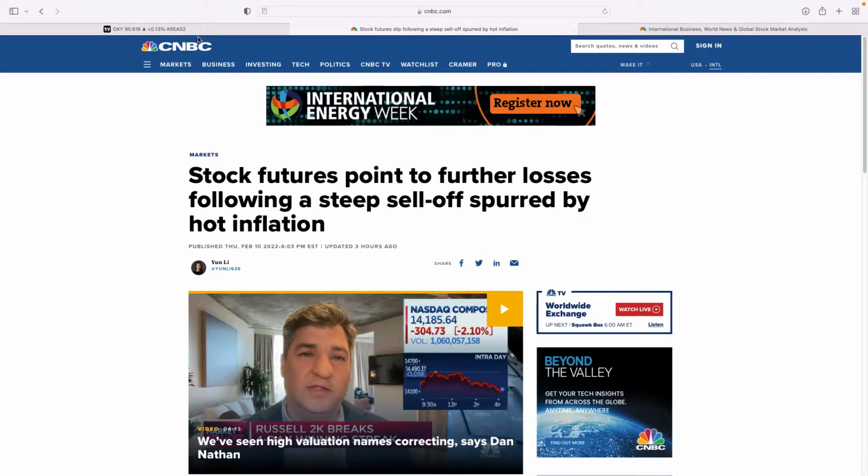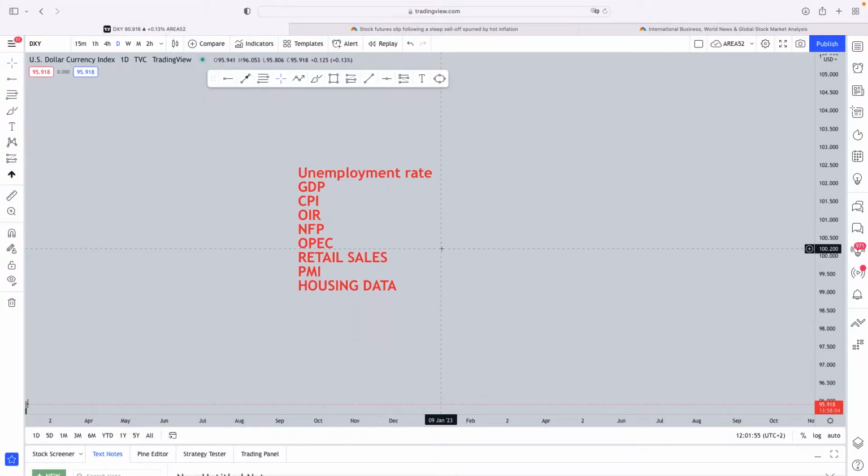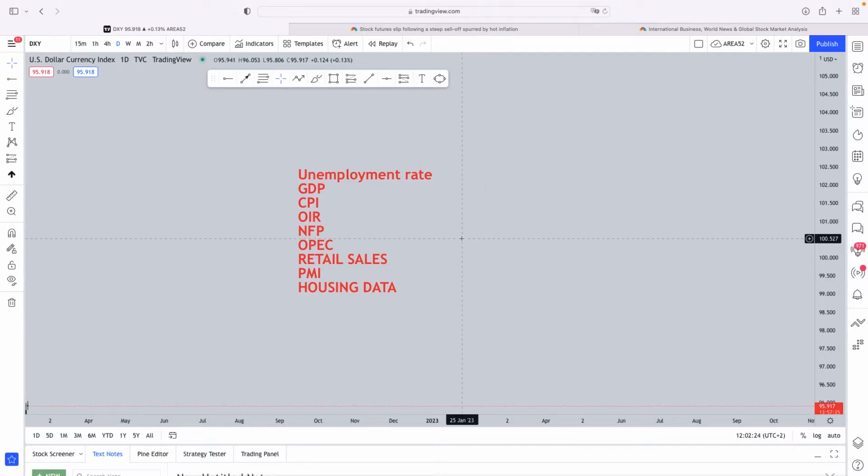Now, in today's video, we're going to discuss what is fundamental data, what does it do, and how does it work, and how you can utilize it in your trading style as well. But before we continue, the question on everyone's lips is, how does higher interest rates tackle inflation? Or does interest rates always rise with inflation? Yes, it does. Persistently high inflation will move the Federal Reserve to raise the benchmark short-term interest rates, which means